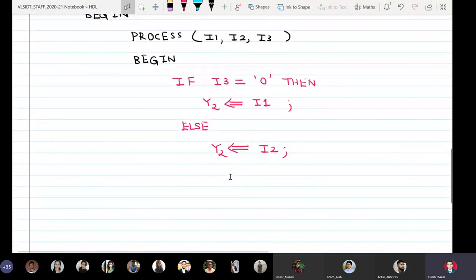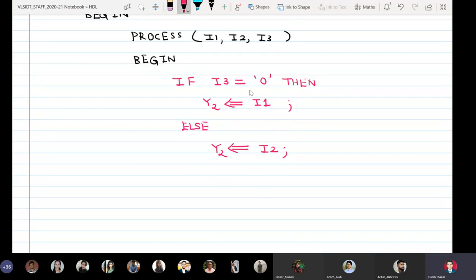Similarly, there is no need to write it down here. It's not needed.